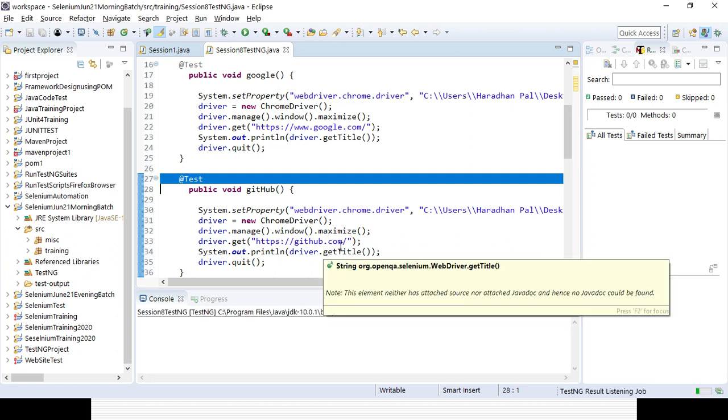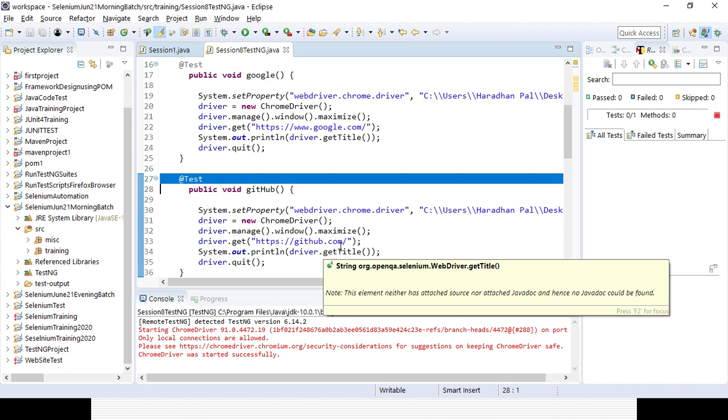Okay, it will be running. It will go based on the alphabetical order. So GitHub will run first, because G is the same, then I is coming first instead of O, right? So that test case will run first.